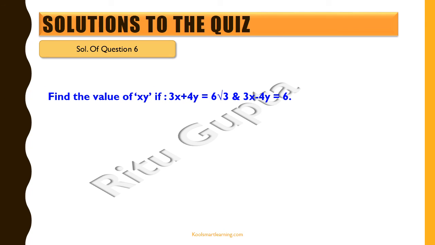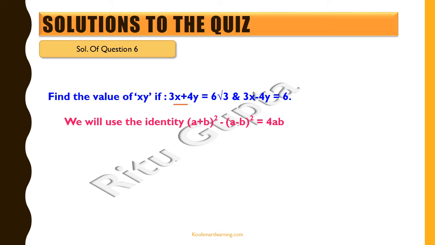Now the solution to the last question, we have to find the value of xy if these two polynomials are given. One approach would have been to solve these linear equations to find the value of x and the value of y, and then multiply the two to get the final value of xy. But let's see how we use the identity to make it simpler and calculate the value of xy directly. So we know that a plus b whole square minus a minus b whole square is equal to 4ab,